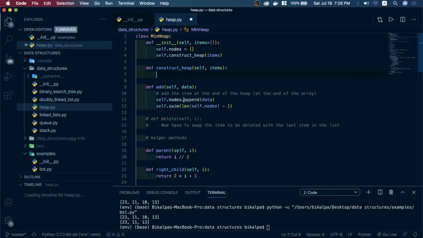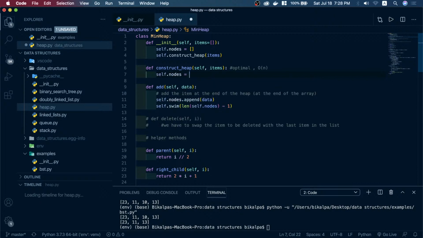Basically, we had already discussed the assumption that this optimal algorithm makes. I am actually writing this optimal algorithm, O of n. In our assumption, we had assumed that the leaf nodes are already satisfying the heap invariant property, so we will only start to heapify from the second last index. So what I'll do is